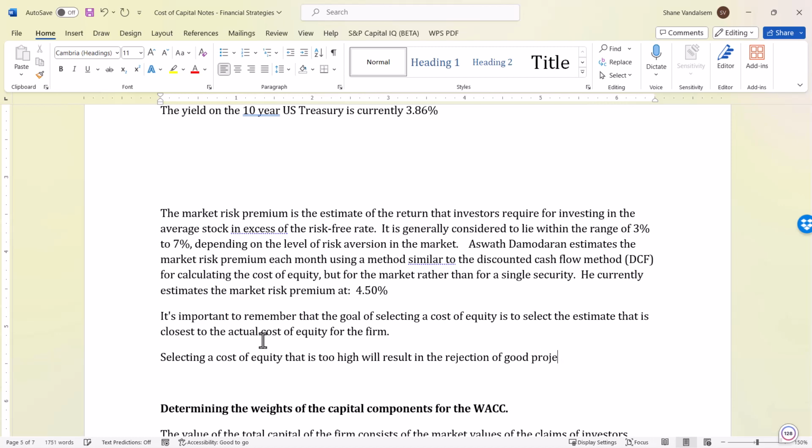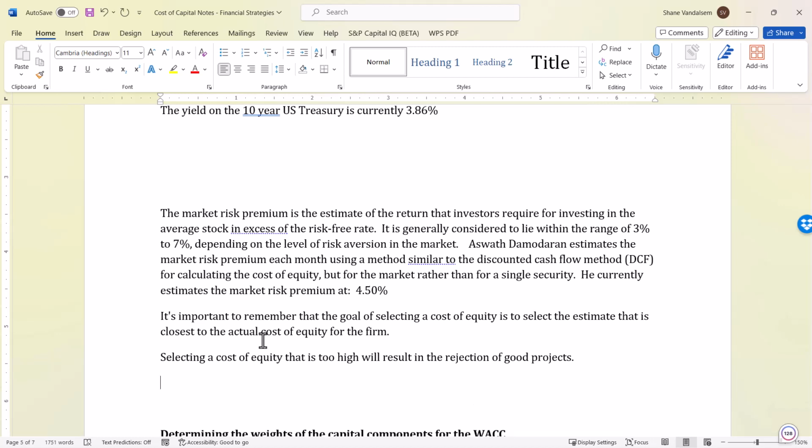Because if our cost of equity is too high, higher than the actual cost of equity, then we're going to say no to projects that would actually add value to the company. Okay. The counter to that is that